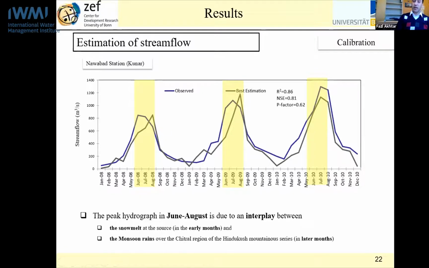So while the temperature rises from June onwards to August, we also end up with the start of the monsoon season. Meanwhile, the snow melts. There comes the monsoon contribution, which gives it a peak flow and rather pushes it towards the month of August,